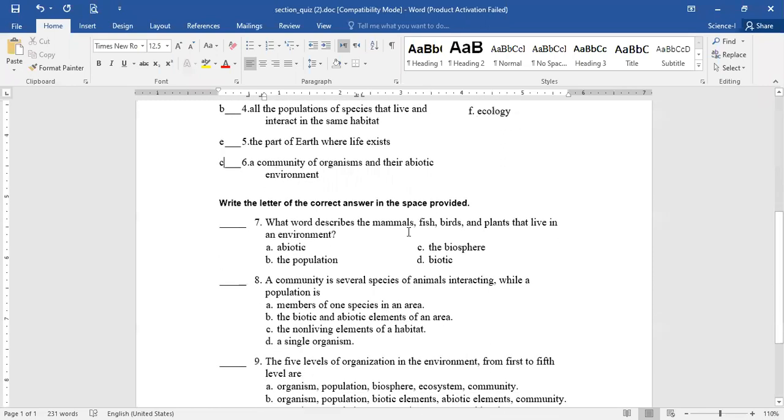Okay, what word describes the mammals, fish, birds, and plants that live in an environment? What do we call these? So, let's find a new one. Ritaj,